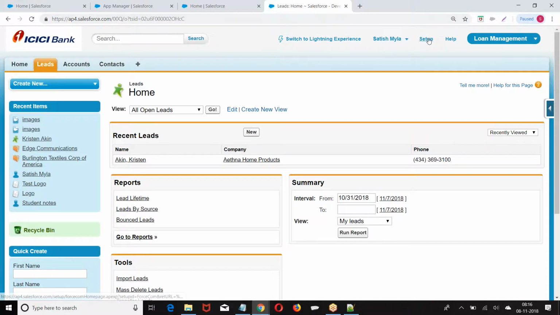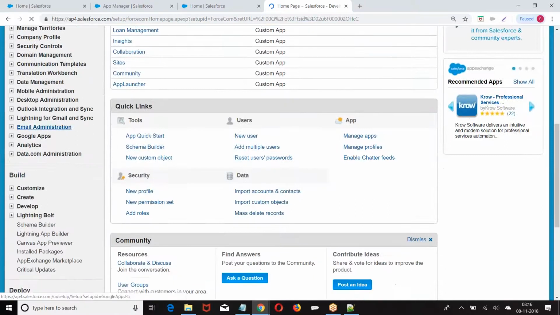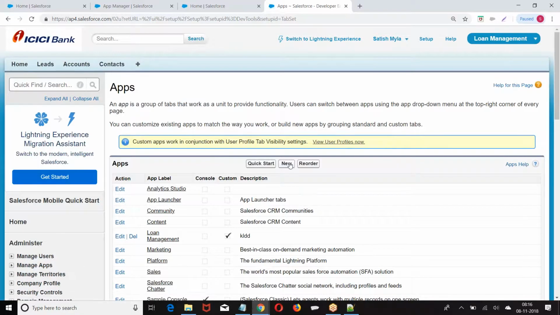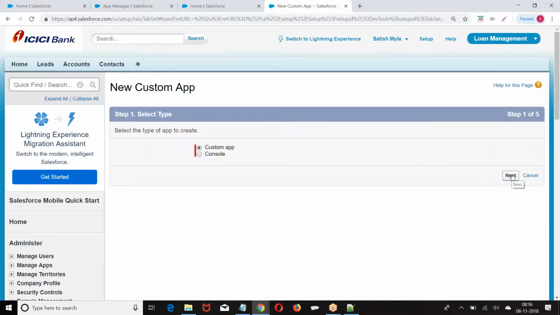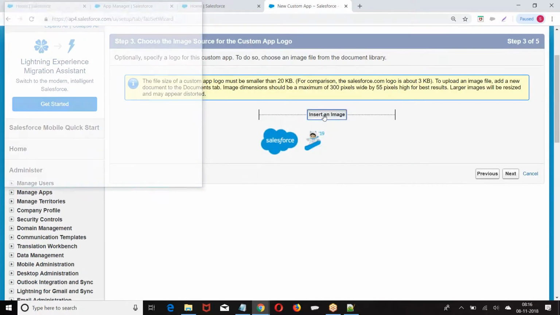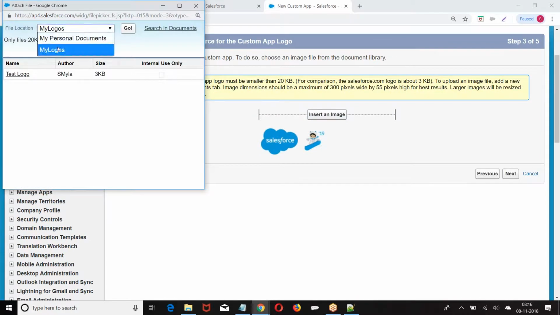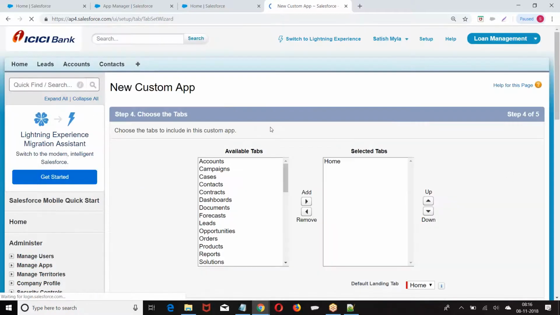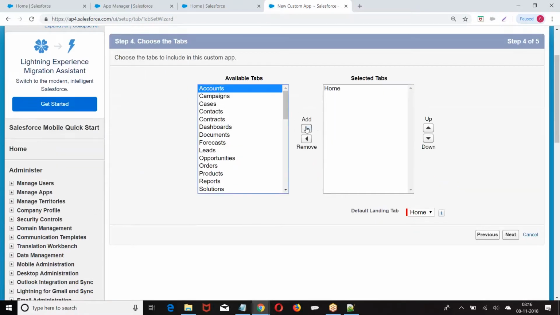Once again, quickly: setup, build, create, apps, recruitment. Recruitment app, choose the logo for the application, choose the tabs.